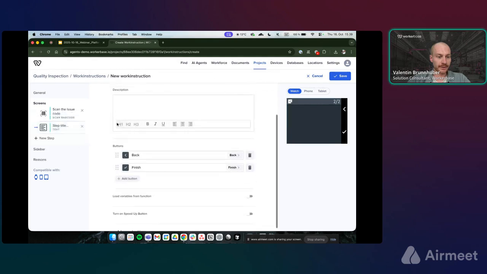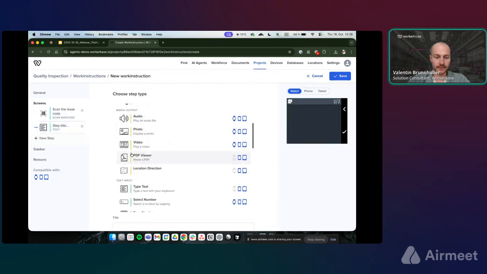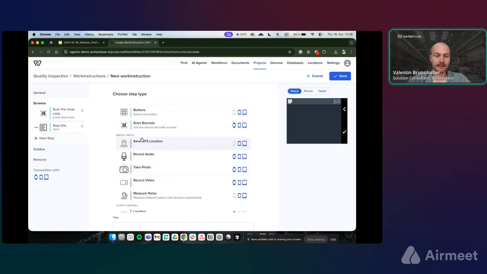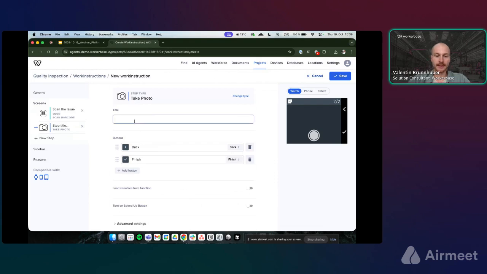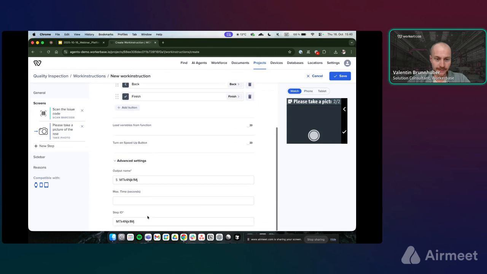Then I want the user to add a picture. That's also a step type. So I scroll all the way down, and you can see there are the media input types. Take photo is the one we need. And then I do the same with the variables. This is the issue